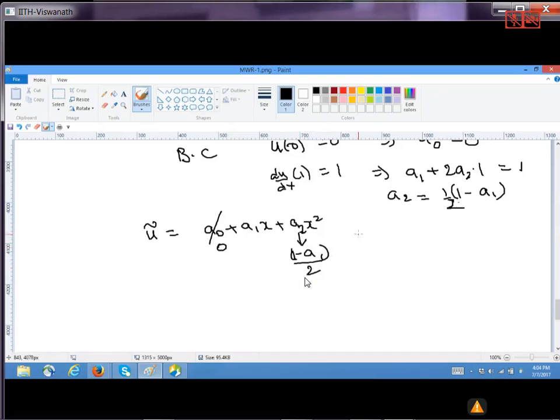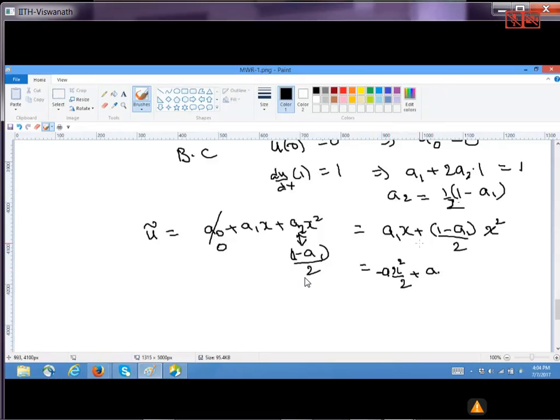So if I substitute this, I will get a1x plus 1 minus a1 by 2 x square, that is equal to x square by 2 plus